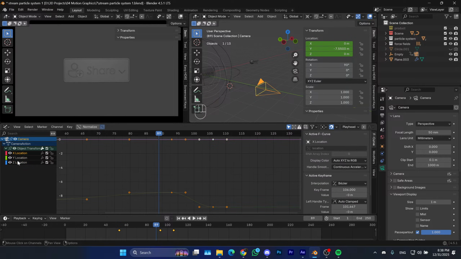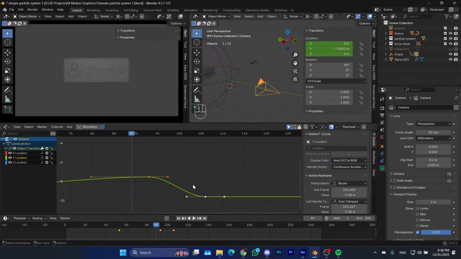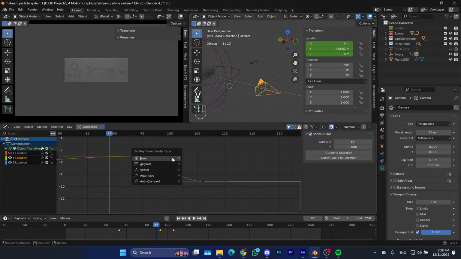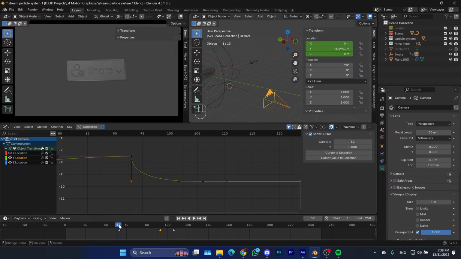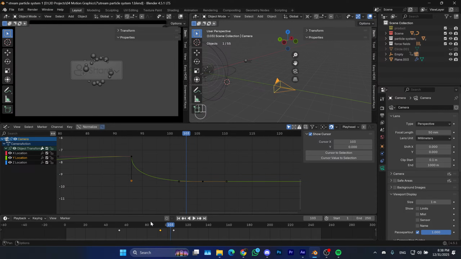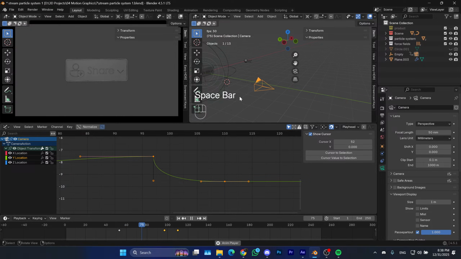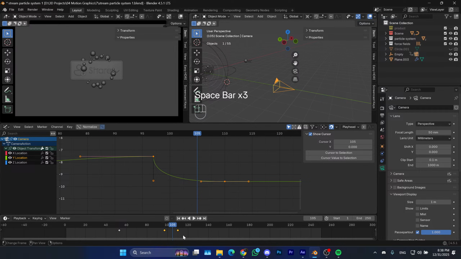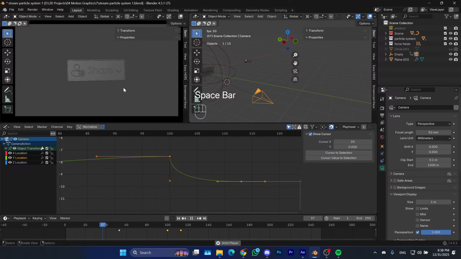Okay, so let's see. So we're gonna break this one like that. See that? So there is a bit of an impact as soon as the cursor hits. Boom. The camera just snapped back. And we can just adjust the timing a bit. Okay, let's hit it right on the